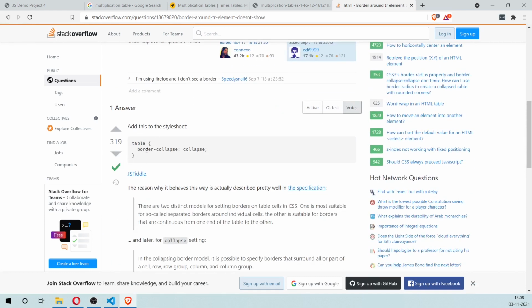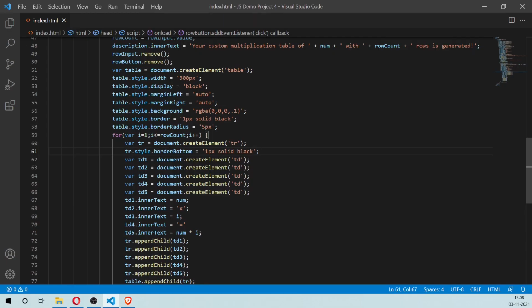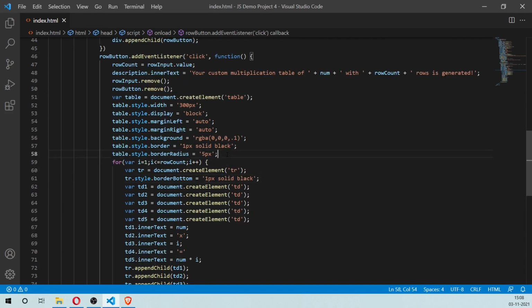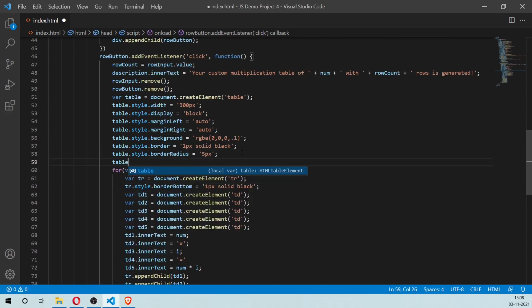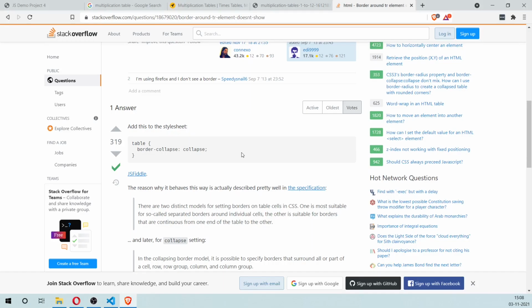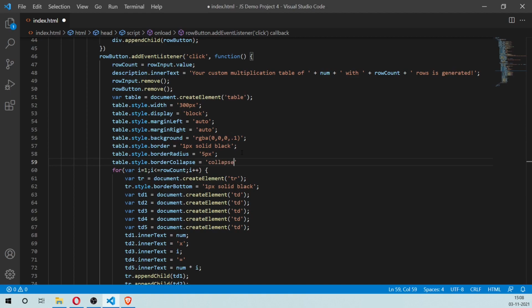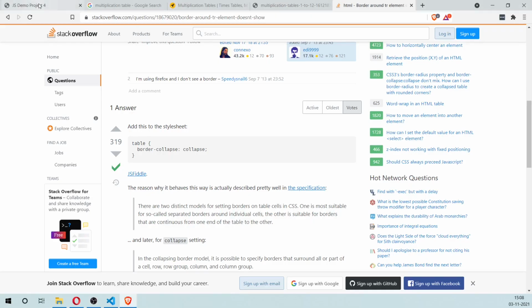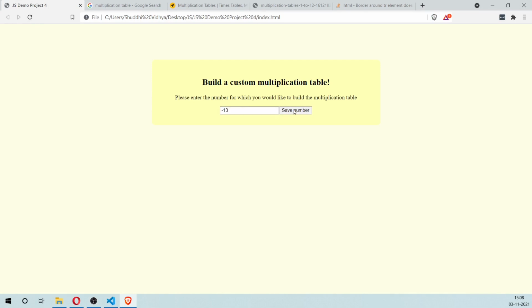So we need to add this border collapse to the table property. So let's do that. Let's say table.style.borderCollapse equals collapse, and so it does add the border property. So it's doing that now.